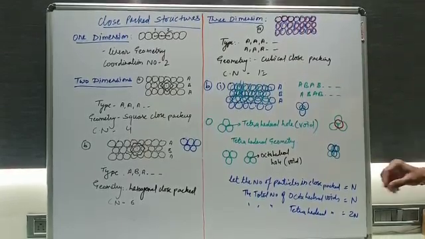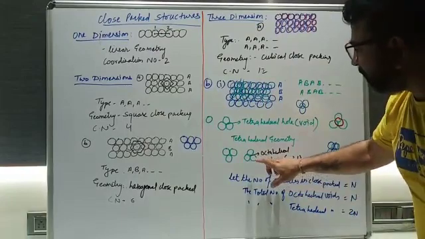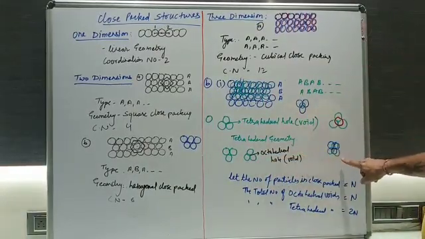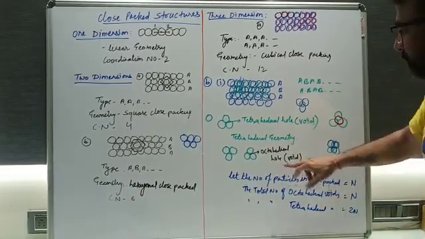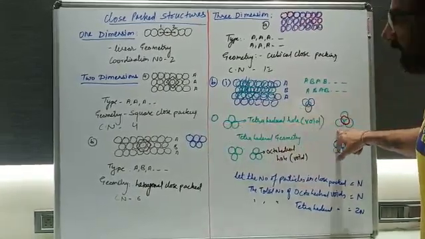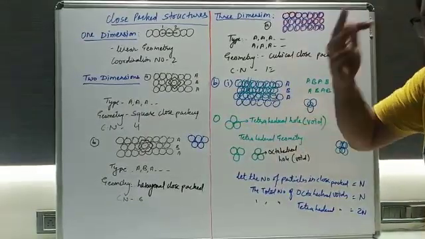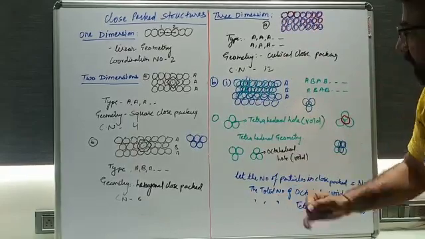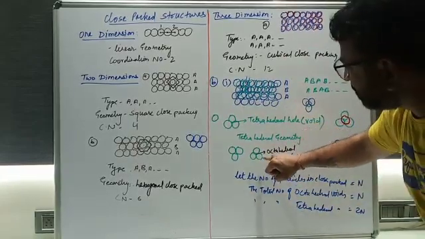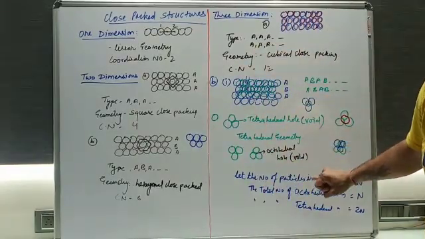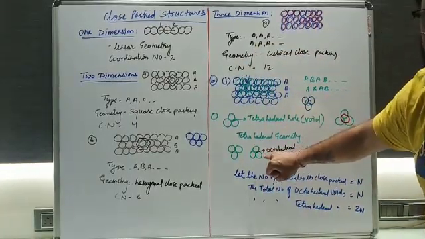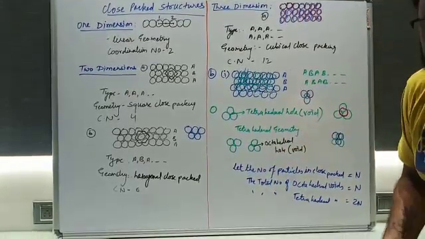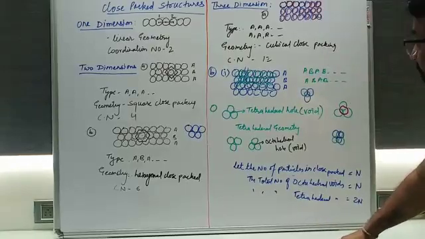So here you will see that there is again a very small hole left behind, and that hole is called an octahedral hole. Okay, and it is giving rise to the octahedral geometry. So here 3 plus 1 is the tetrahedral geometry. It's not that the calculation is 3 plus 1 equals 4. It's not like that. The calculation will be different. So here is the tetrahedral hole, and here 3 on the 3 are kept, then it is called an octahedral void, the space present between these particles, and the geometry is called octahedral geometry. Okay, so this is the arrangement.